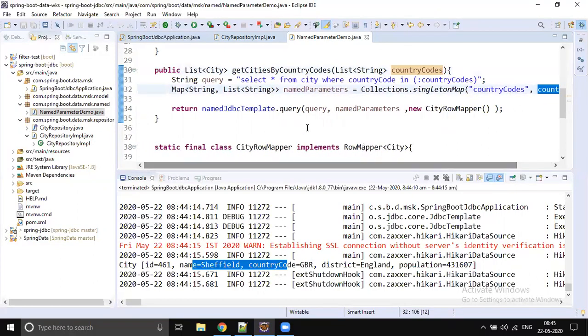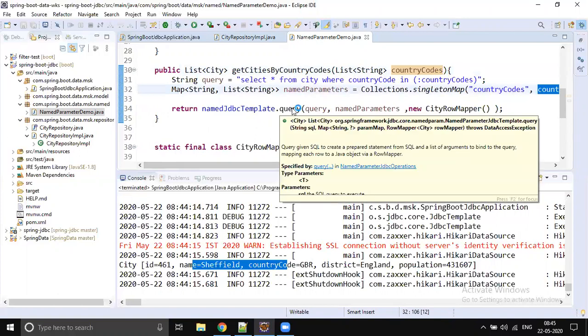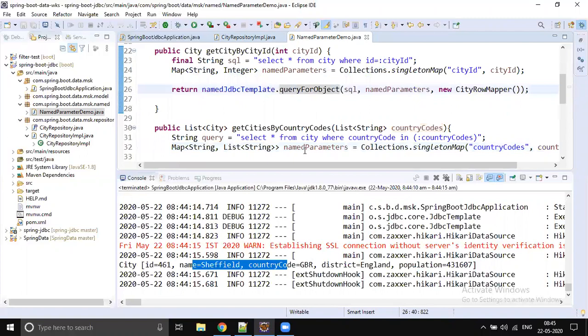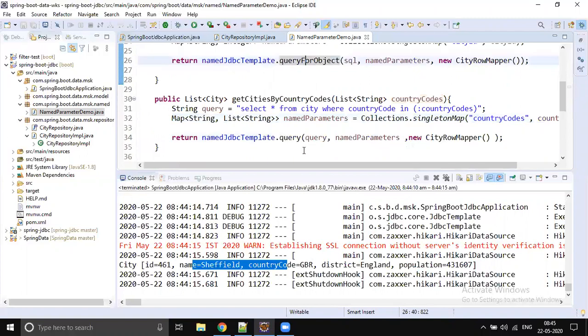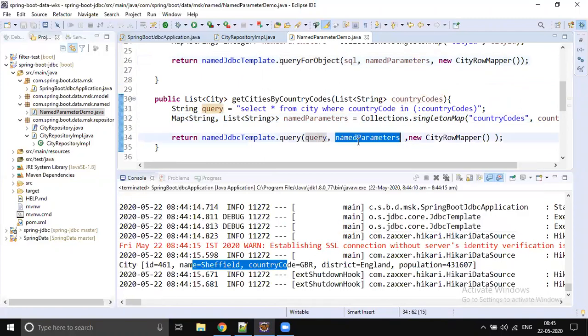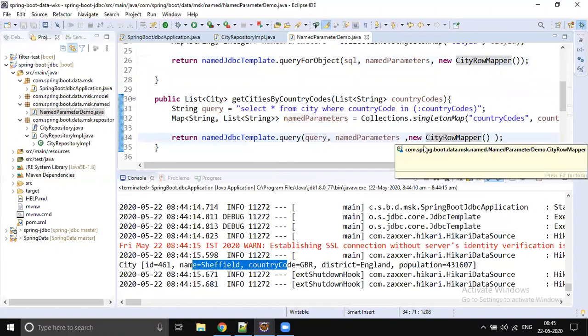We pass that as an argument, and it's again a query method. If it is a single object, we call query for object. If you get more than one row back, we call the query method. The first argument is the query, the second argument is the input parameters, and the third argument is the row mapper.